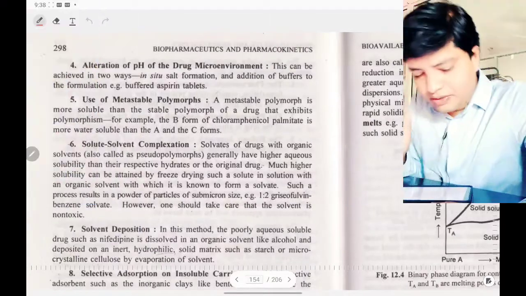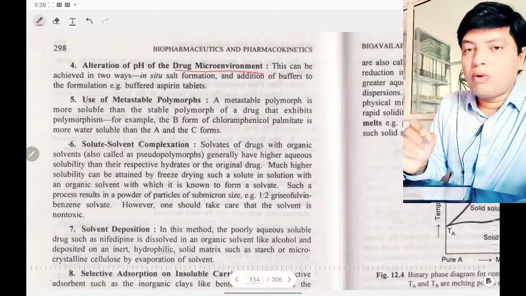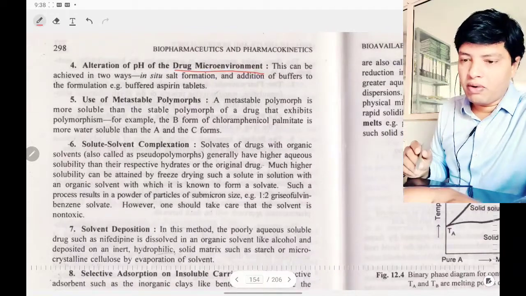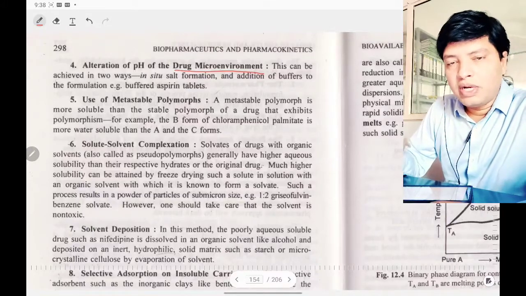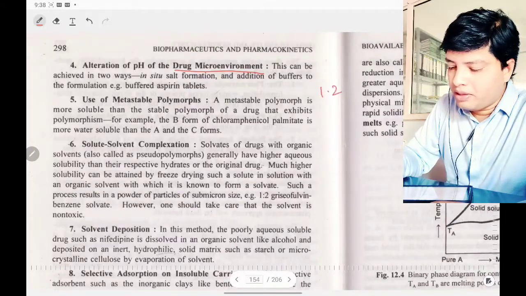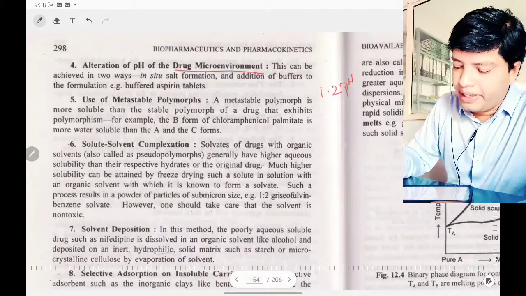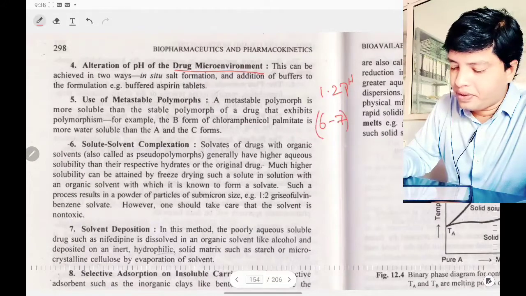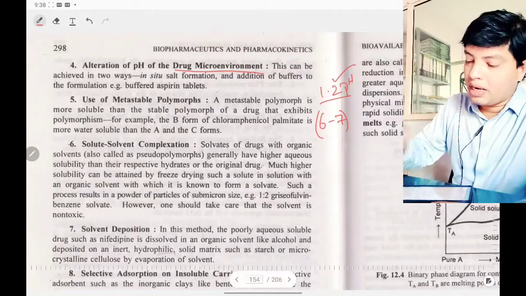Next one is alteration of pH of the drug, that is microenvironment pH. What is my microenvironment pH? Let's say your drug is soluble only in a particular pH, but your biological fluid is 1.2 pH, while my drug is soluble in, let's say, pH 6 to 7. I want to make this drug soluble in 1.2 pH. In that case, what I will do is,